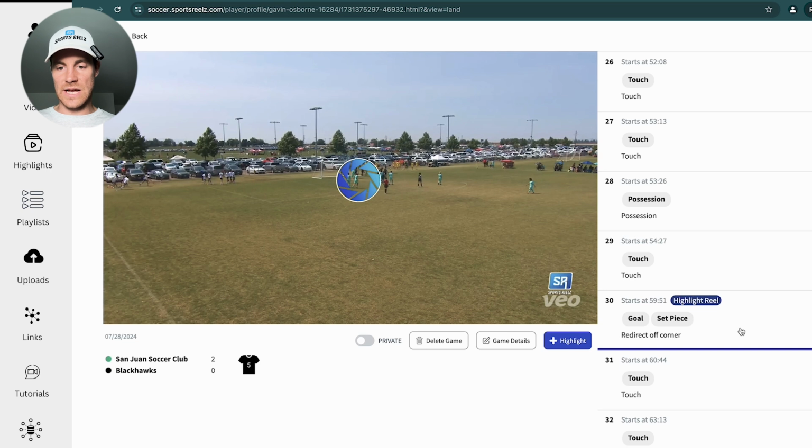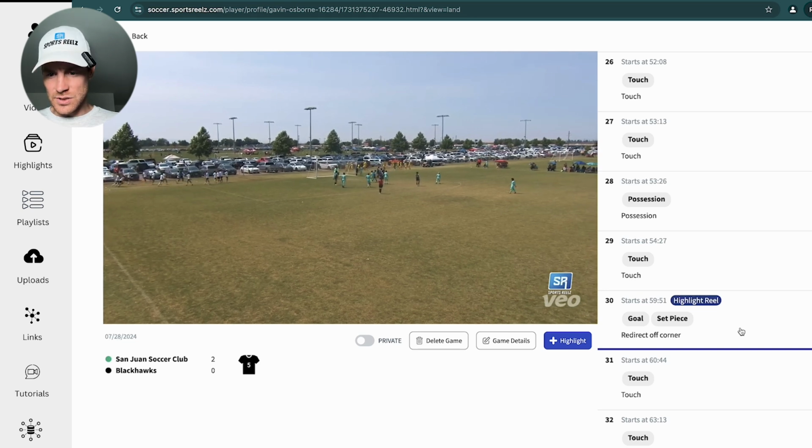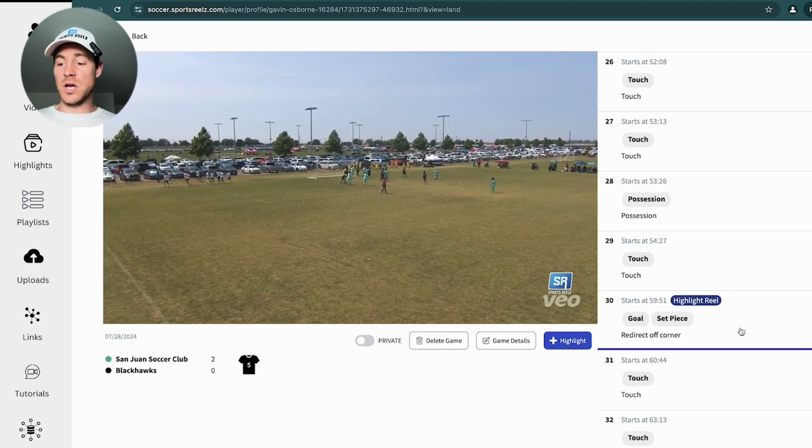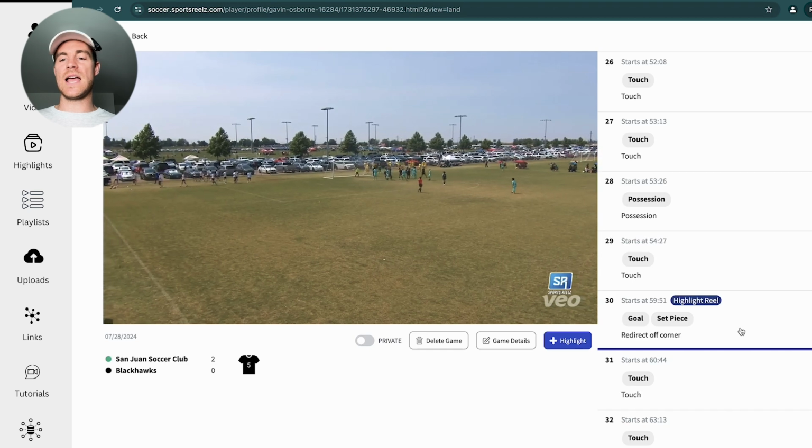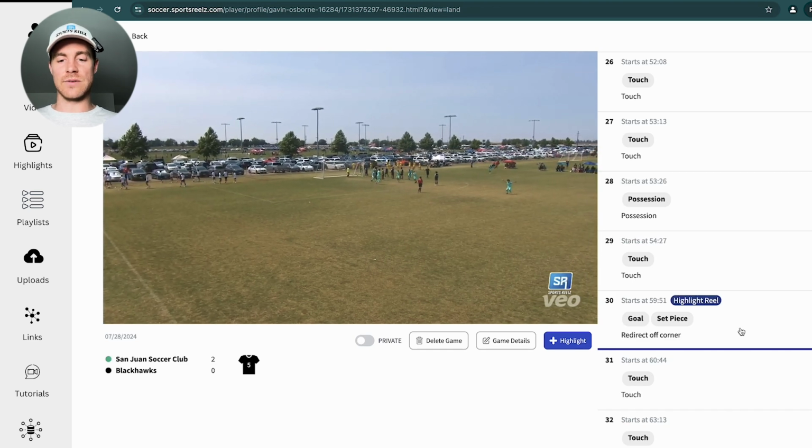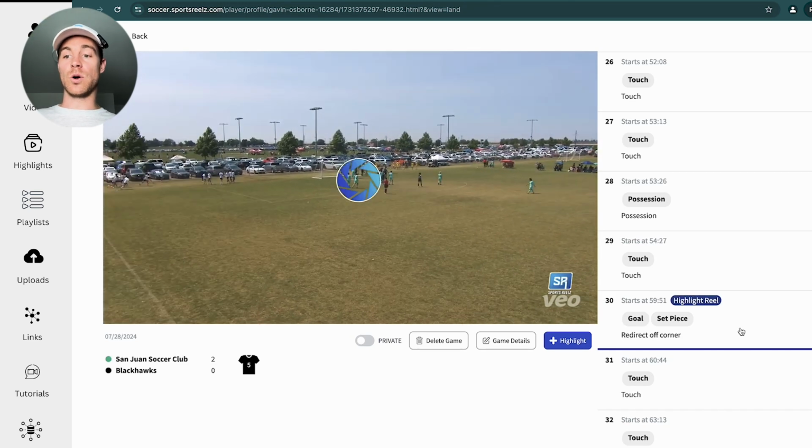Okay, so let's move into highlight 30. Makes a touch with the left foot, goes in. So it's a goal. So guess what? Every player is going to want to put this in their highlight reel. Every player is going to want to score a goal. Do we need to be able to convert? Yes. Could that win